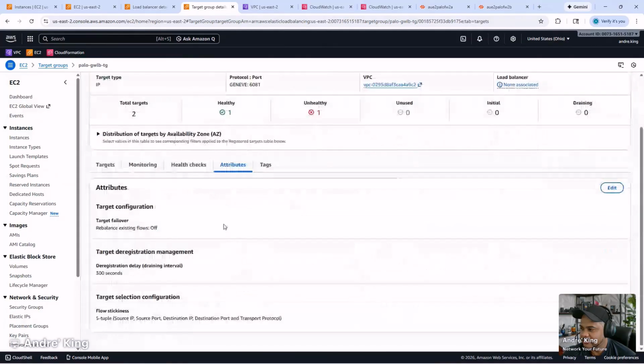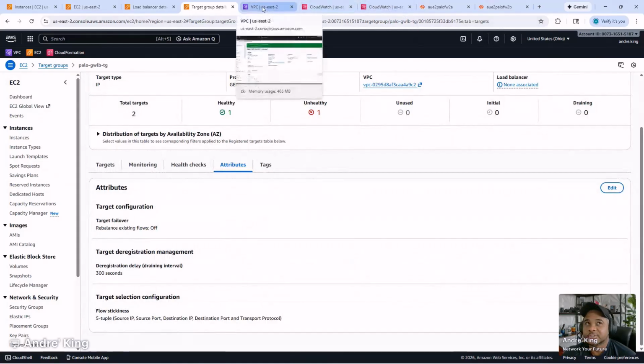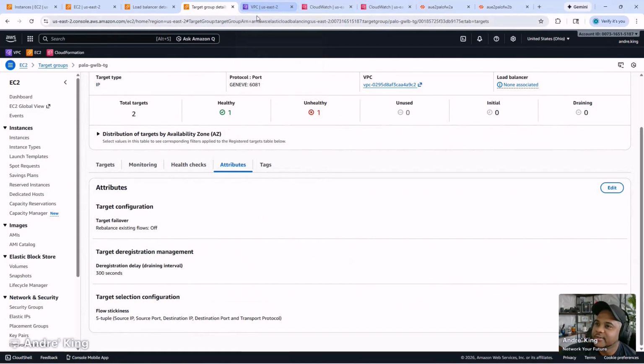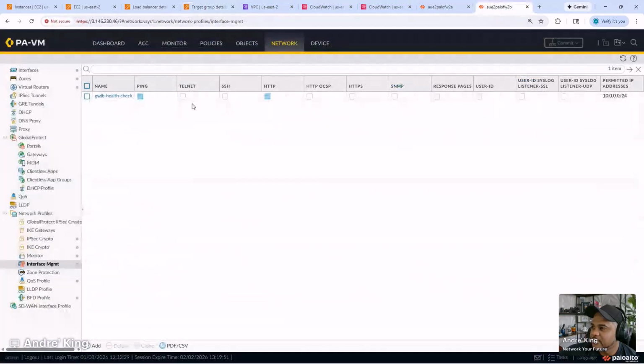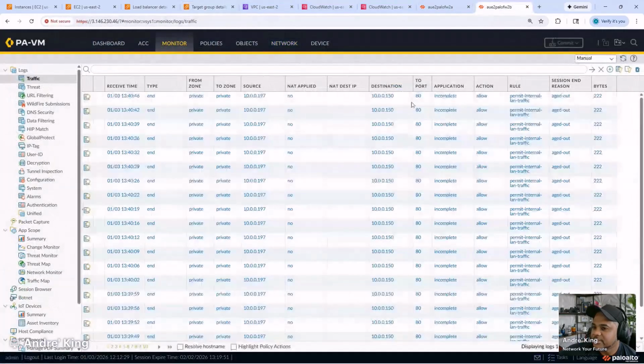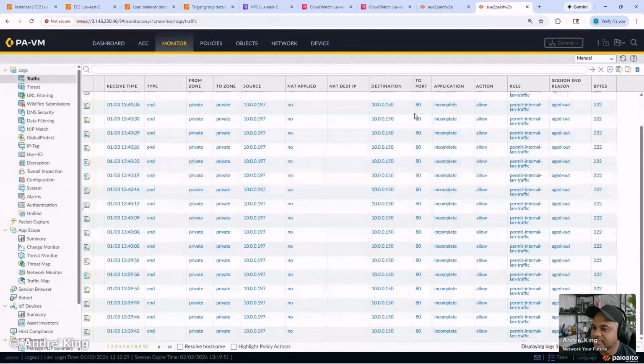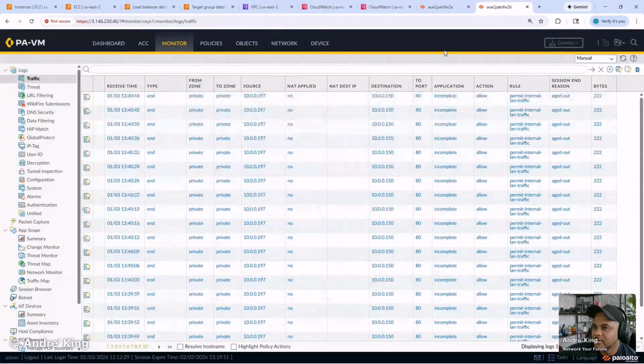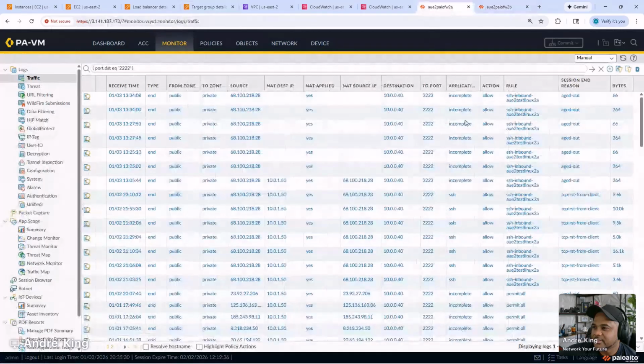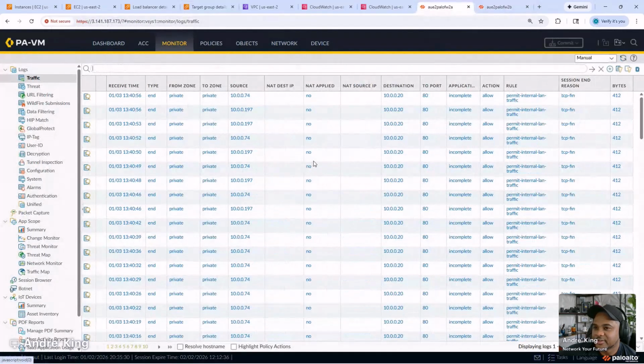All right, so those are the only two. We checked the security group for the inside interface. All good to go there. So the firewall, what would be here? All right, we see the health checks coming in. Let me see, are these aging out? I think because we don't have a specific page or a response. Oh, these are actually